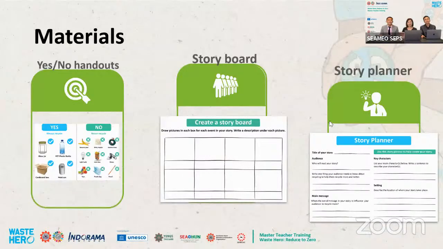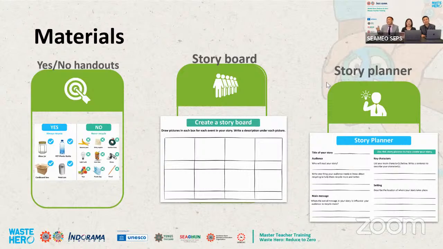Okay, let's see. The materials that I use mostly come from the website. I don't create my own materials because I have no time, so to save time, I just use these materials. The first one, I use the handout, which is provided in the lesson already. The second one, I use the storyboard, and the last one, the story planner. Actually, I use the story planner first, and then they create the storyboard later. So there are 3 materials in my class. I have been teaching for 3 to 4 classes already. Oh, so now I got the video.